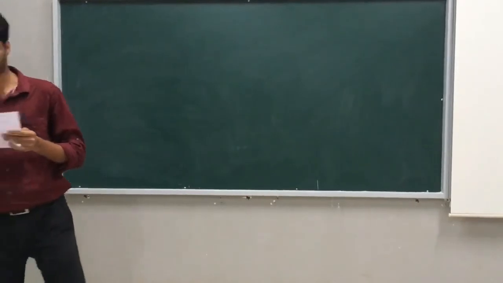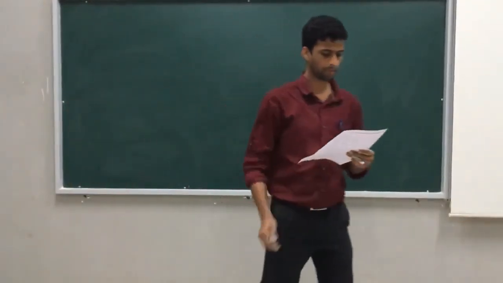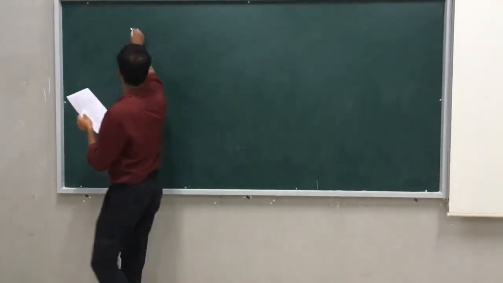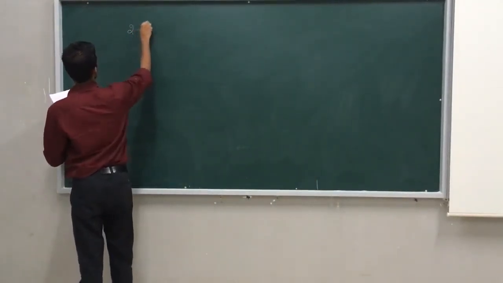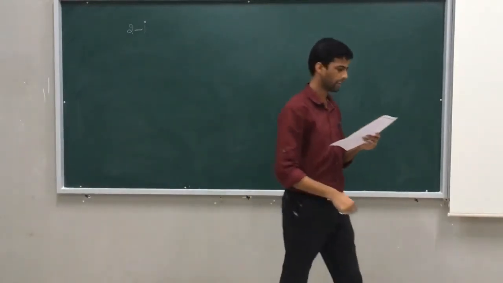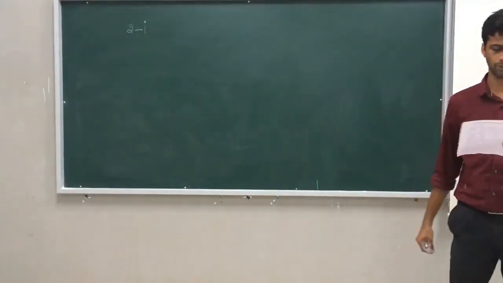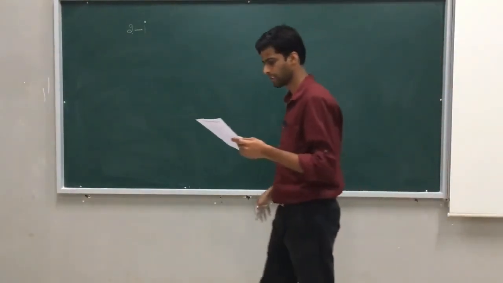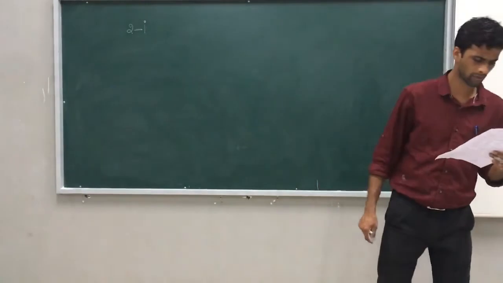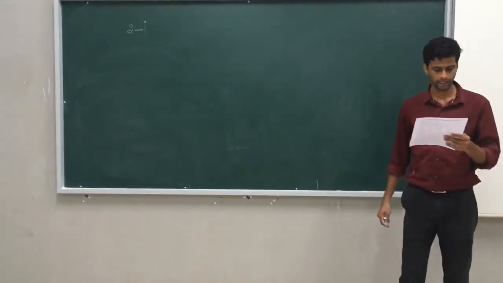Move on to the next question. The point represented by complex number 2 minus i is rotated about the origin through an angle of pi by 2 in the clockwise direction. The new position of the point is,